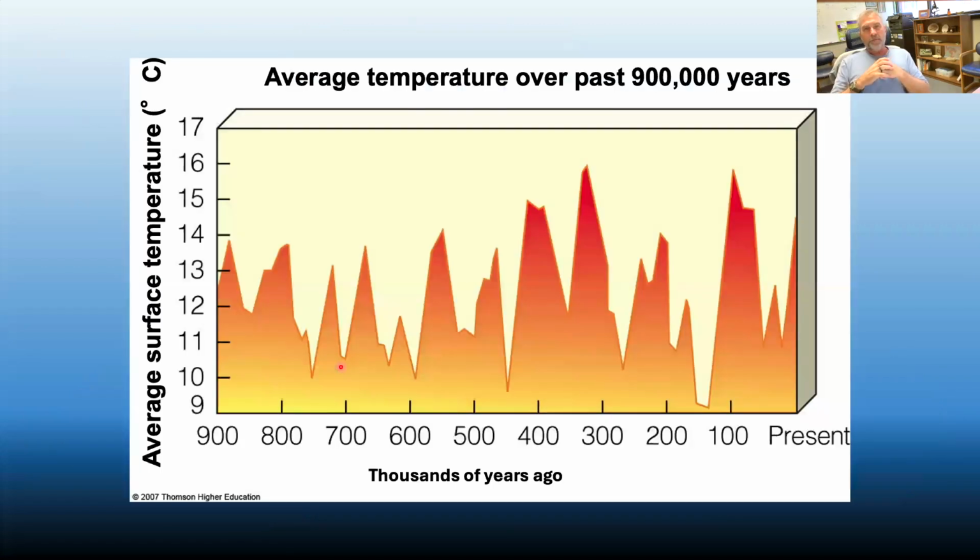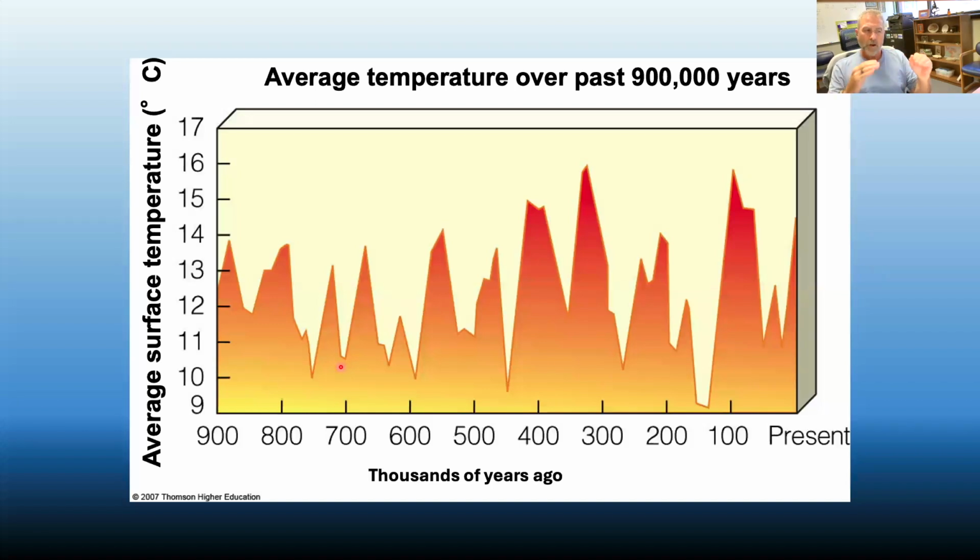All right, so a little background. If you look at the temperature trends over, say, nearly a million years, the last 1 million years, all in all, the average temperature across the entire surface of the Earth has ranged from a low of a little over 9 degrees Celsius to a high of around 16 degrees Celsius. Okay. And you can see that there has been a lot of fluctuation in the climate over that time. And there are a lot of things that contribute to those. We're going to unpack those as we work through this today.